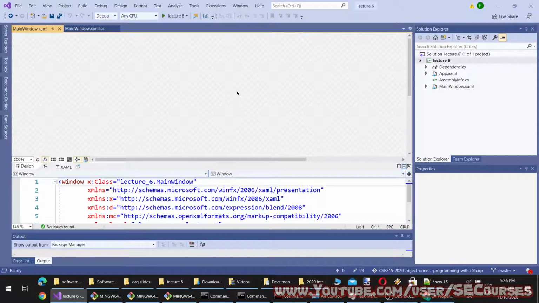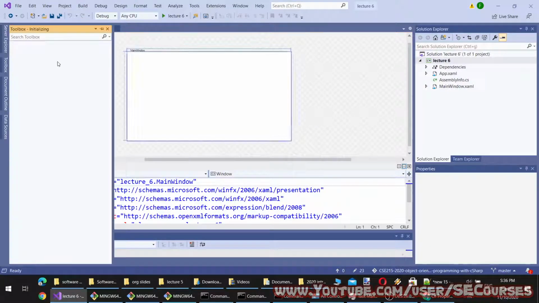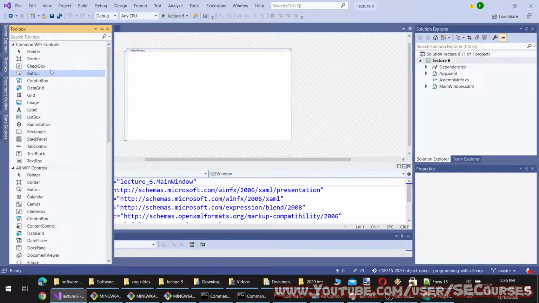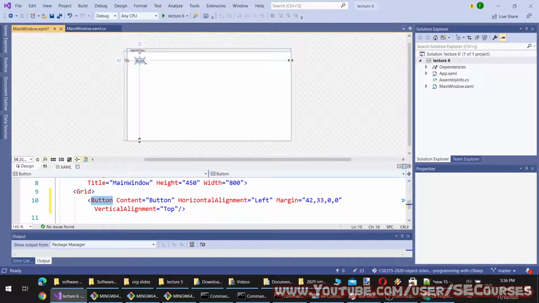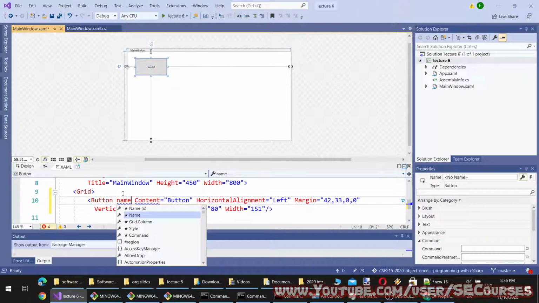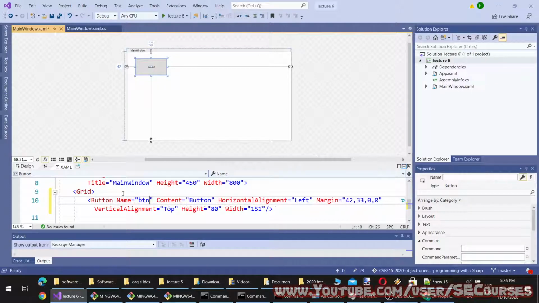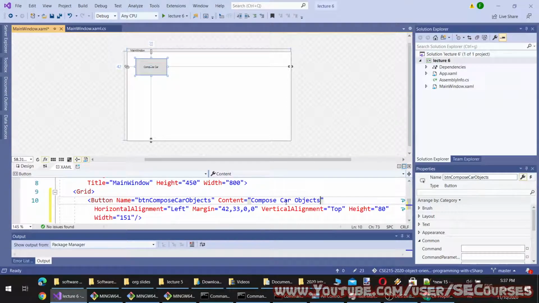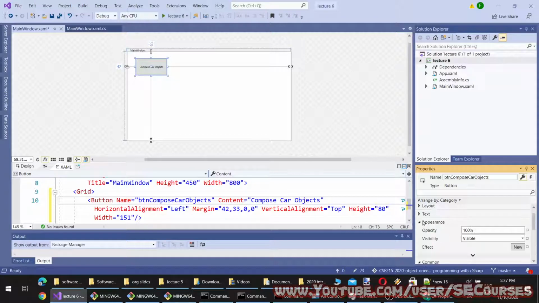Now let's add a button to create objects from our class and save them. I'm going to name the button car objects. Let's change the content to compose car objects. From the properties of the button, let's change the appearance a bit.